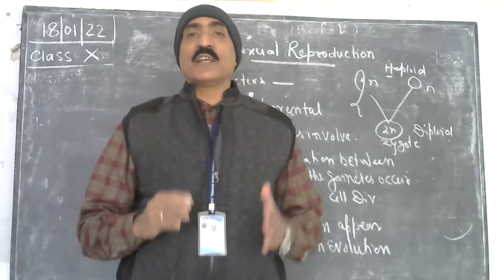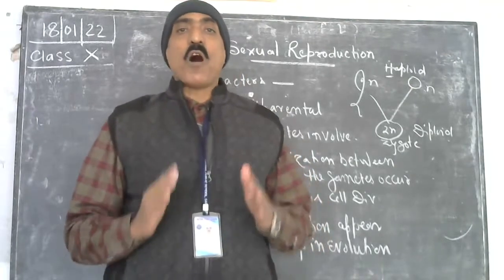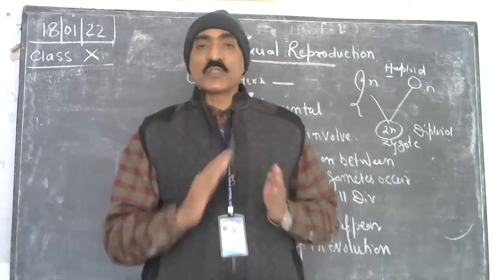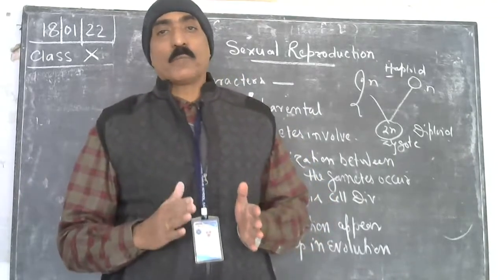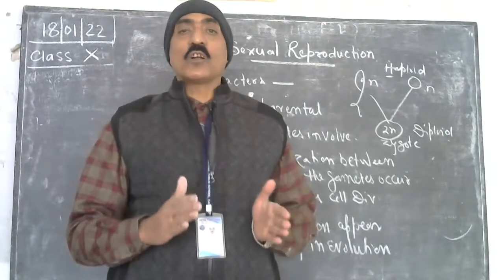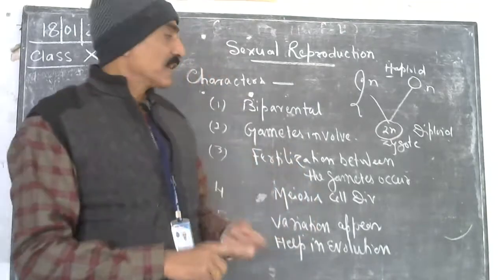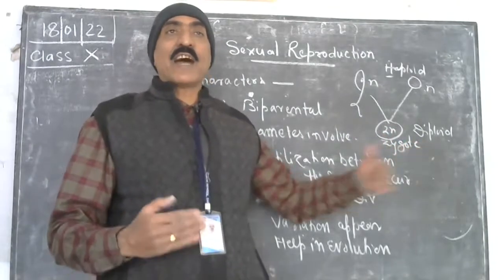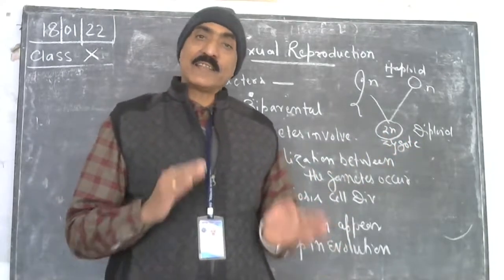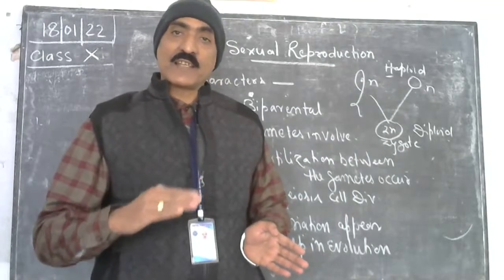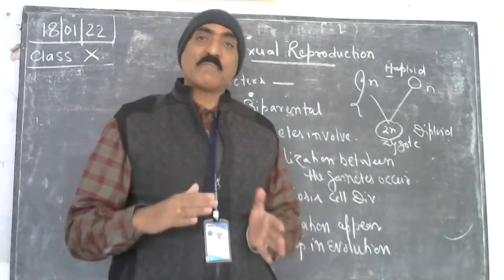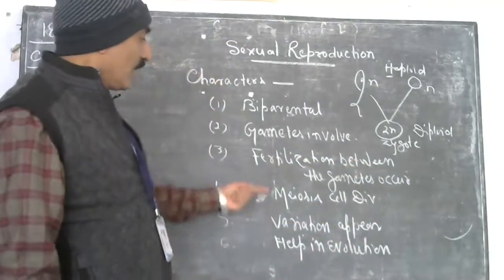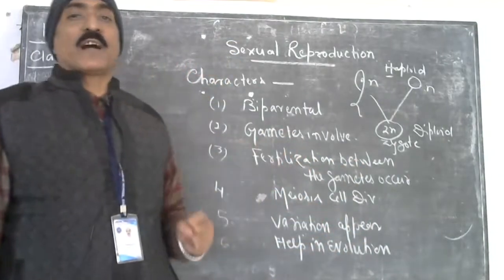This cell division is utilized to form the gametes, to reduce the number of chromosomes from the parents, so that when fusion occurs, a similar number of chromosomes may be retained. Okay, and in this way, from generation to generation, the number of chromosomes is maintained in each and every species. Clear?